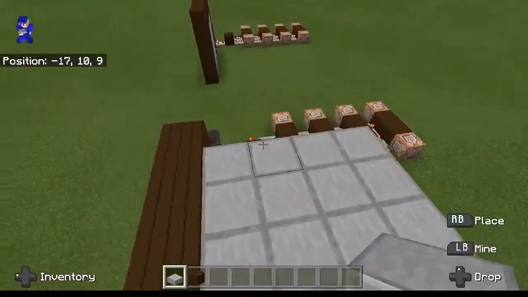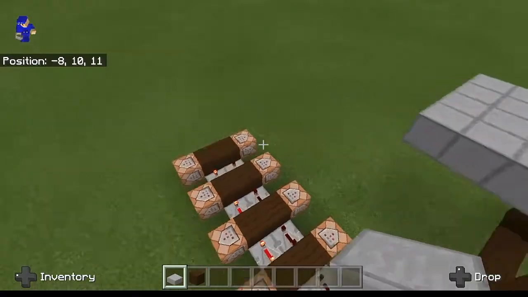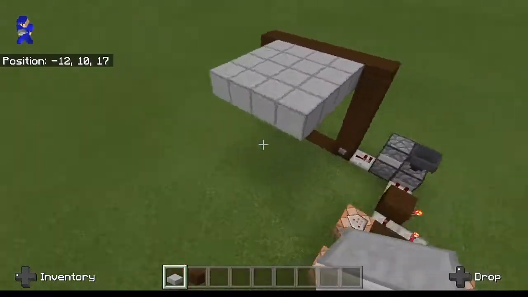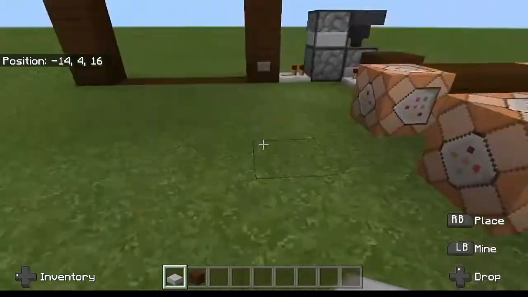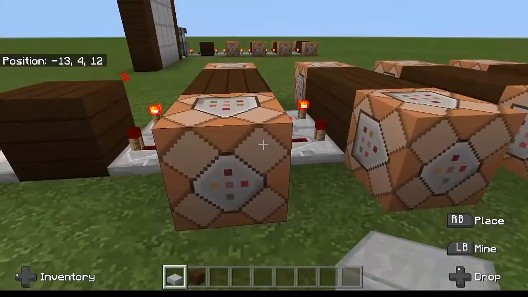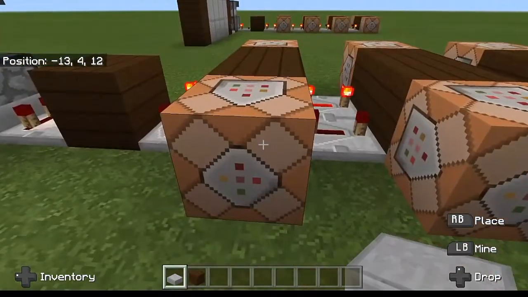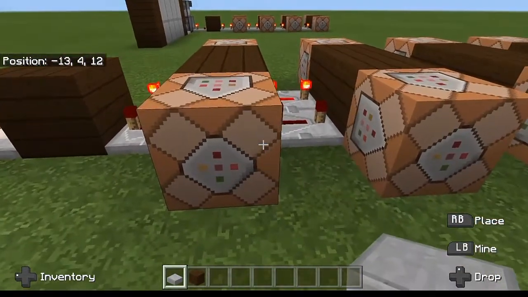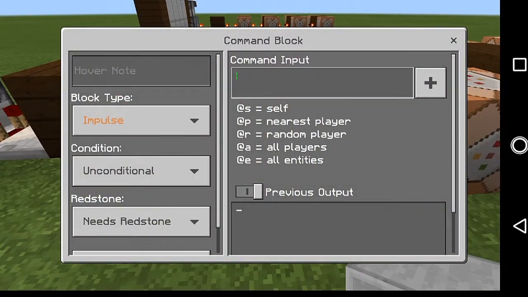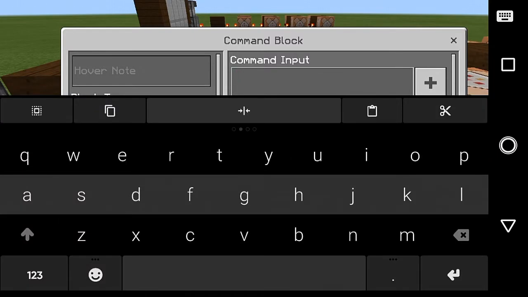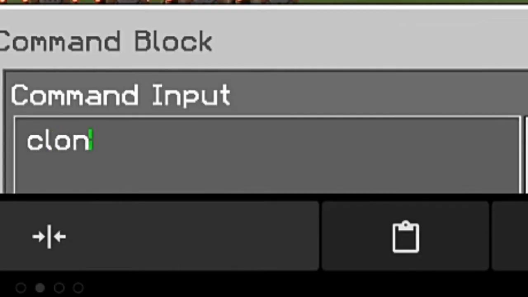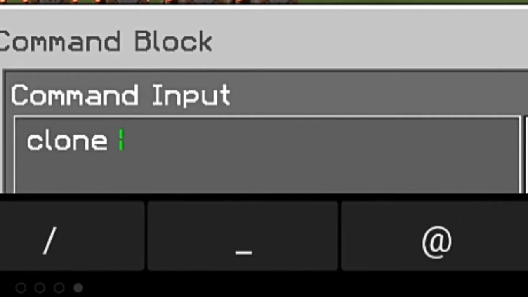I'm not going to show you guys the entire process, but I will at least show you the first set of coordinates that we're going to put in. It's basically the same as before, but I'm going to give you a little bit of a showing as to how it actually works. So we're going back in here. Now what we do is put in clone, just like before, and we're going to go ahead and input